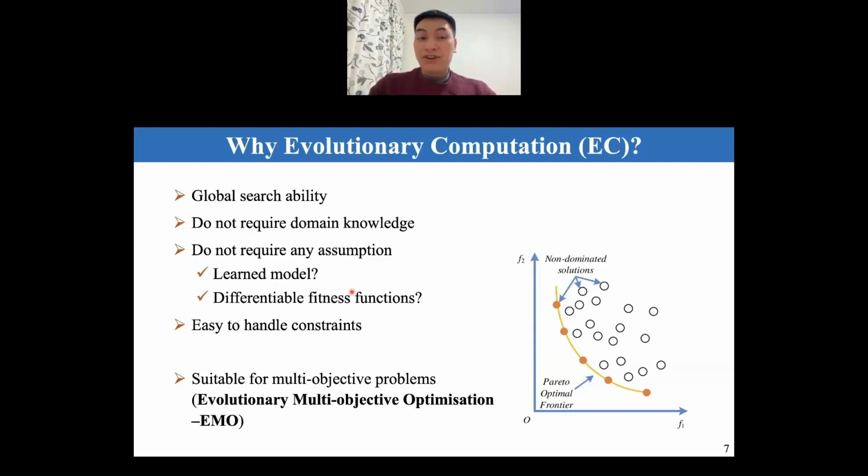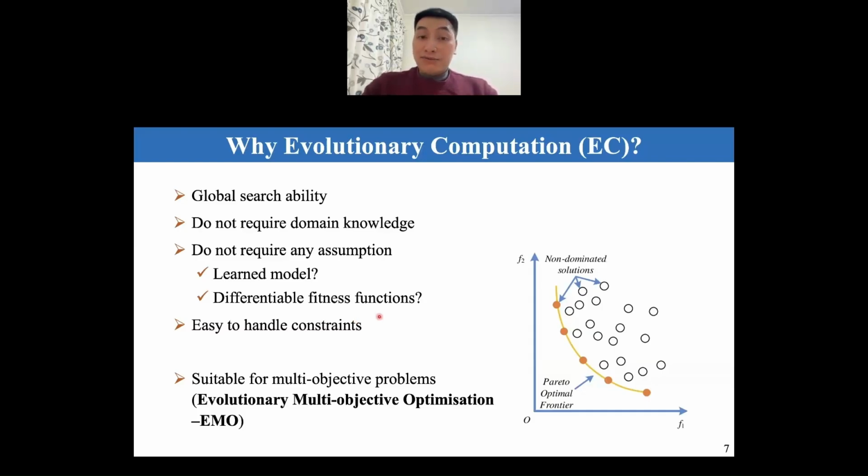For example, it doesn't require the fitness function to be differentiable. So it's very flexible, and you can use it with any kind of learning model. It can even be a separate model where you have to run a very expensive simulation to get the fitness function, right? And then EC can also very easily handle constraints. The easiest way is to inject a penalty into the fitness function. So if a solution is not feasible, then the fitness of that solution is very bad, and we're going to eliminate that solution in our search process. So it's very easy to handle constraints in